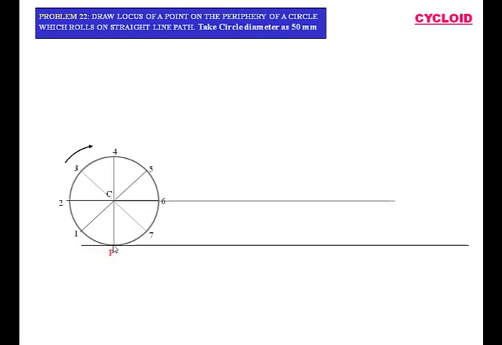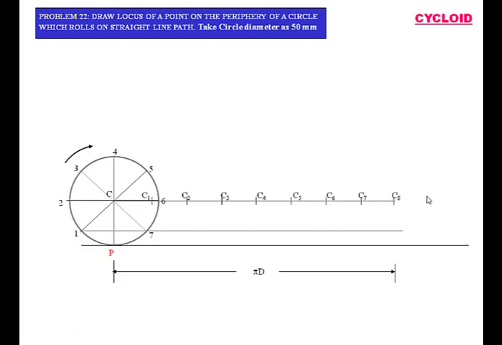So we'll draw a central line, and as we know, if a circle completes one revolution, the distance covered is equal to the perimeter, and perimeter is nothing but pi d, or you can say 2 pi r. So as we have divided the circle into 8 equal parts, we are going to divide the line also into 8 equal parts. So here are the 8 parts, and name them as C, C1, C2, C3, C4, C5, C6, C7 and C8.